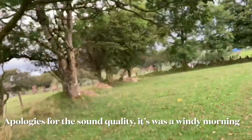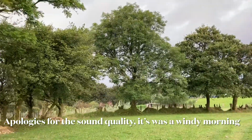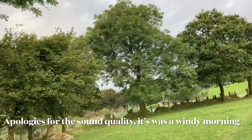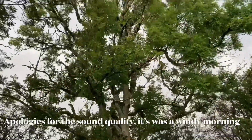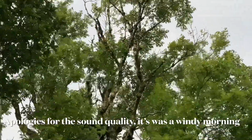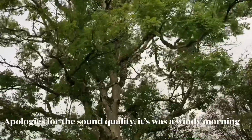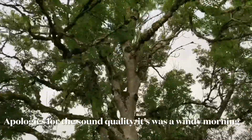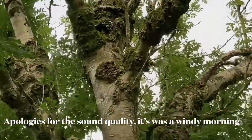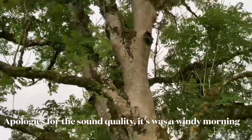Right, now at the end of this field here, there's a nice big ash. That one there. Nice big healthy canopy. But this one beside it, or further up the side, as you can see, has got ash dieback. And if I stand underneath it here, you can see all the cankers where it's all starting to rot. And what happens is these branches fall. If we don't take the tree down,